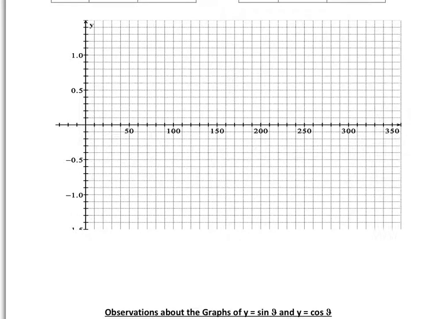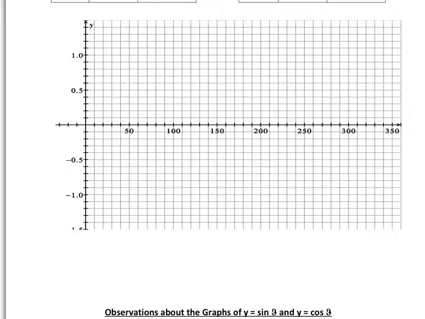Okay, so in this part of the lesson now we're going to graph y equals sine theta and y equals cosine theta using the tables that we just completed. Okay, so let's start by graphing y equals sine theta. And by looking at the table that you should have there in front of you with your note, we can